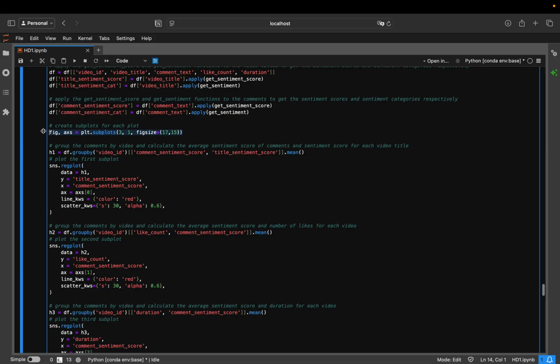This line is used to create a subplot for my visualizations. And in order to evaluate the hypothesis, I have to prepare some data and plot it. So to prepare that, I group the data frame by the video ID, and for the first hypothesis I have to compare the comment sentiment score and the title sentiment score. So I just get these two columns and calculate the mean values of the columns with respect to video ID,